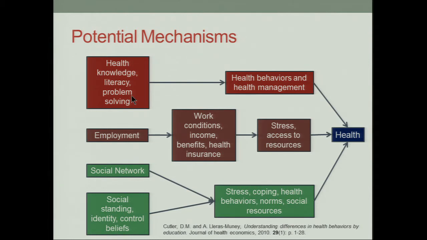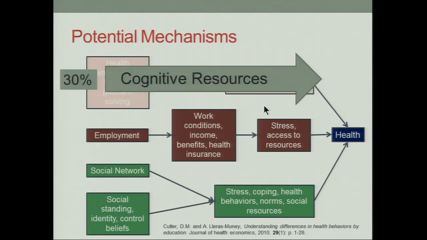It's also this idea that more educated people have better problem-solving skills. So they have better health behaviors, and then when health problems arise, they're able to manage them better. They can navigate the healthcare system better. So in their analysis, they found that these cognitive resources accounted for about 30% of this association between educational attainment